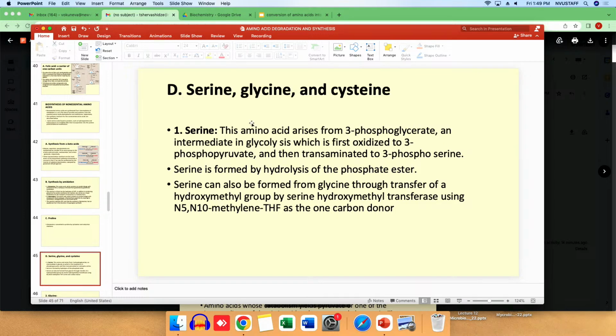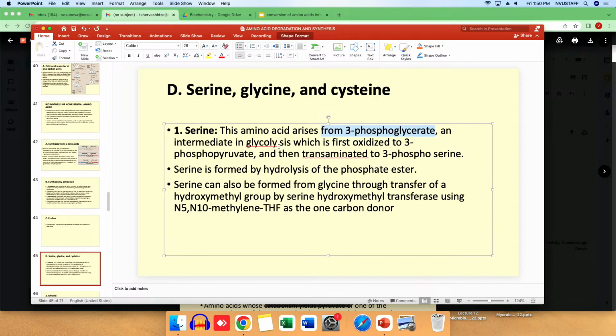Serine, glycine, cysteine. We talked about cysteine, I think. I don't remember if we talked about serine. Not about the serine. Okay. What about the serine? First of all, how we can get our serine? 3-phosphoglycerate is the source, and